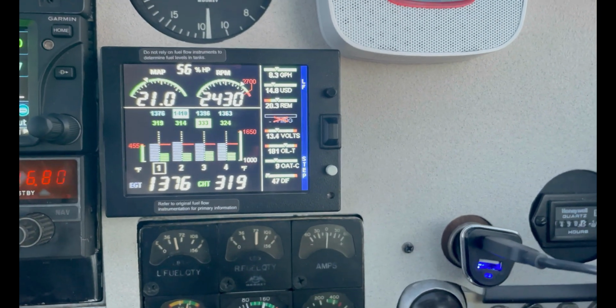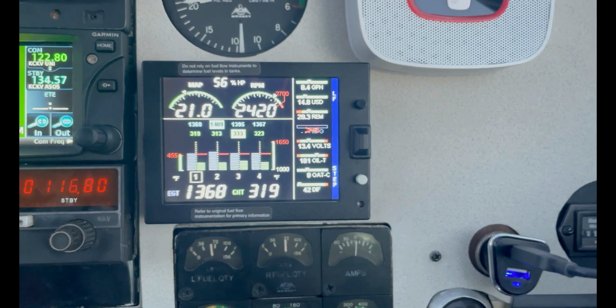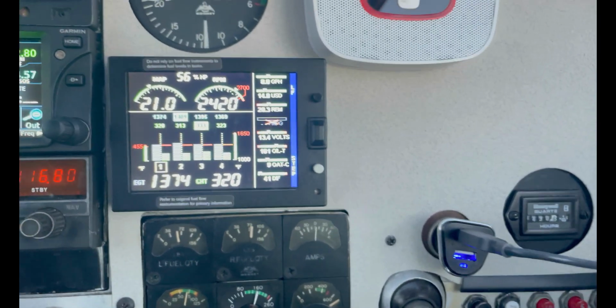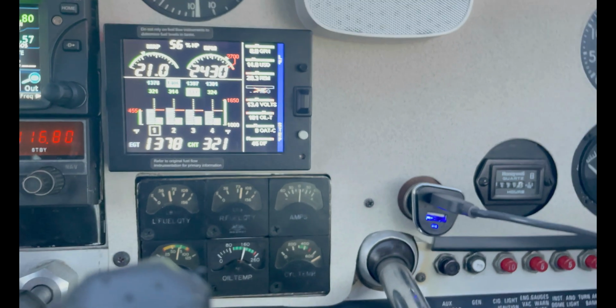It gives you pretty good information as far as the plane goes, and what to expect. If for any reason I have a little problem, such as one of the cylinders going bad, I can see that